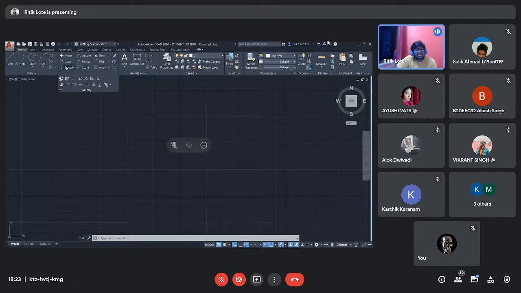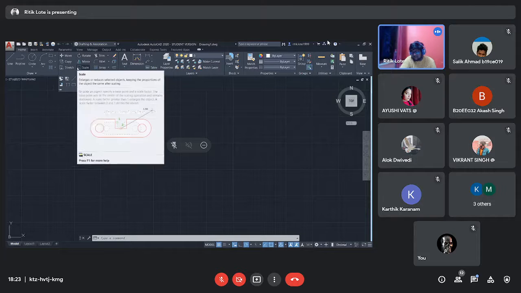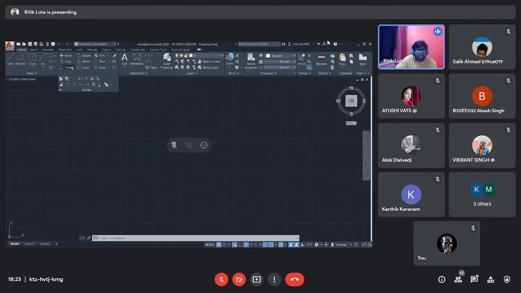Now these are some other tools. They are important. You can use them to improve your productivity and increase your speed while designing. Some are very important to boost your productivity and move faster. Now let's start with the stretch tool. What actually is a stretch tool? I will give the demonstration.